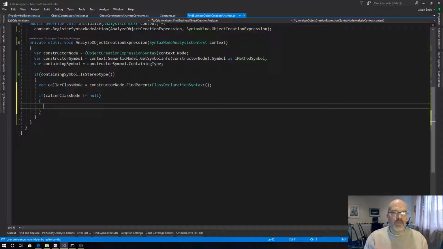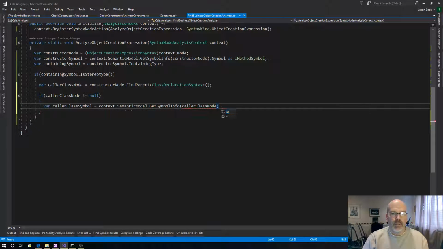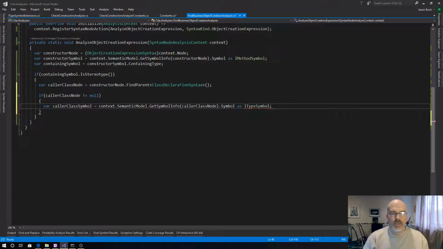The only reason I'm going to make this check here is because I don't know what would happen if you snuck this into a, well, if you put it into a func or an action, those actually get put into the class's definition at runtime, arguably. So this should never be null, but let's be defensive. Let's get var caller class symbol is equal to context semantic model, get symbol info of the caller class node dot symbol as I type symbol. Now we just need to say